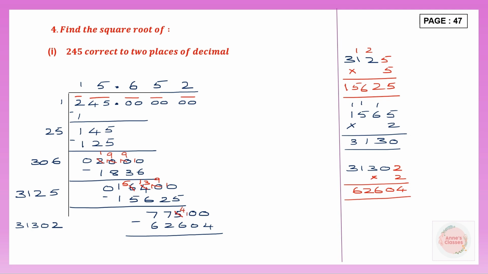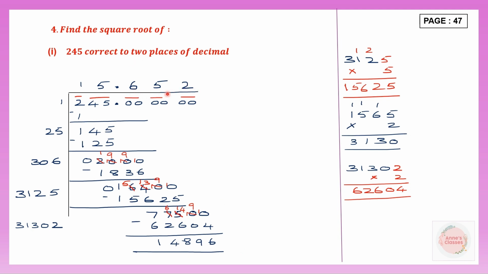So this is 4, 10, 9 and 10. 10 minus 4 is 6. 9 minus 0 is 9. Now 4 minus 6 we can't do, so we borrow from here. 14 minus 6 is 8. Then 6 minus 2 is 4 and 7 minus 6 is 1. So here the remainder is 14,896. Now we don't have to carry on because we have been asked to correct to 2 decimal places, and